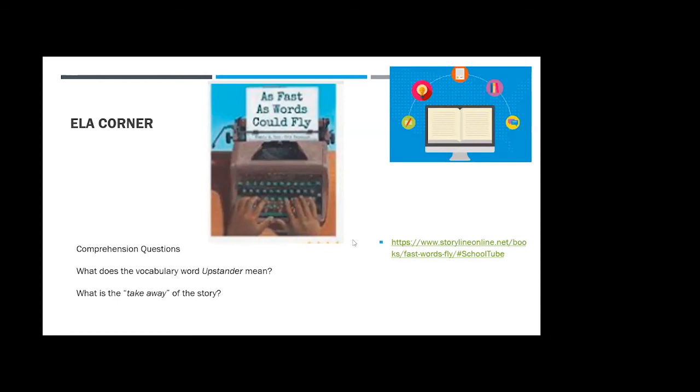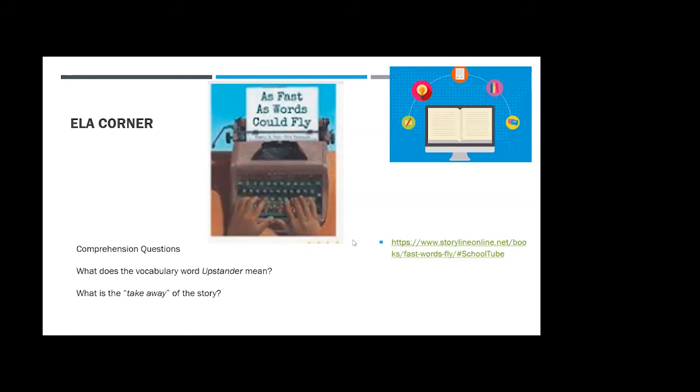I gave them the link. My 7th graders can independently listen to that story, and that helps with tech problems. I share my screen, they play the book. This is a longer book, right? This is our 5th, 6th, 7th, 8th, you could use it. It's about a boy who's in the South who gets treated poorly, and we talk about racism and all these other things. But you can do this with any book.